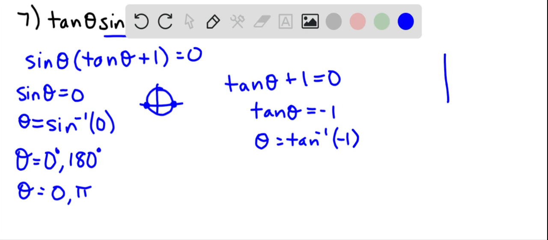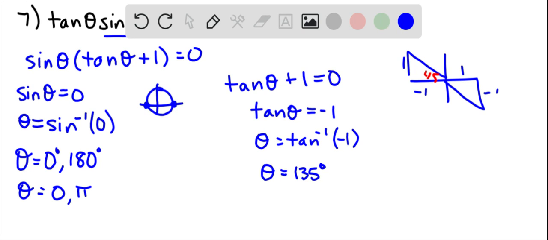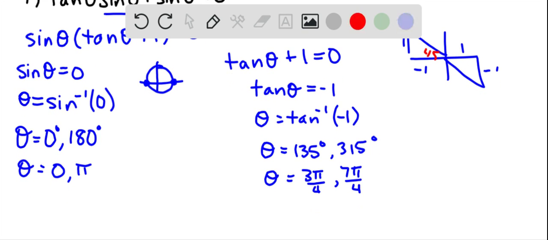Where is tangent equal to -1? That would have to be quadrant 2 and quadrant 4, and that would be a 45-degree angle, so that we would get a 1 and a 1. Okay, so that would be 135 degrees and 315 degrees. So in terms of radians, we have 3 pi over 4, and we have 7 pi over 4. So for part A,